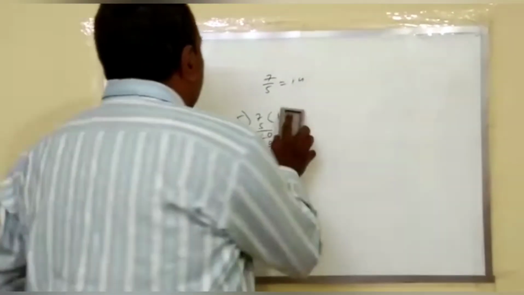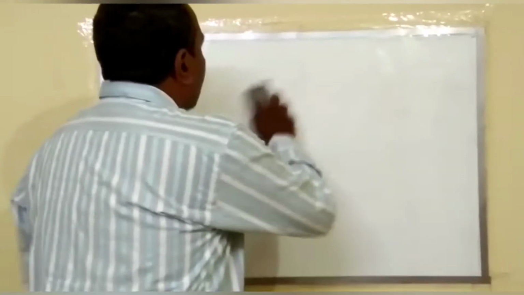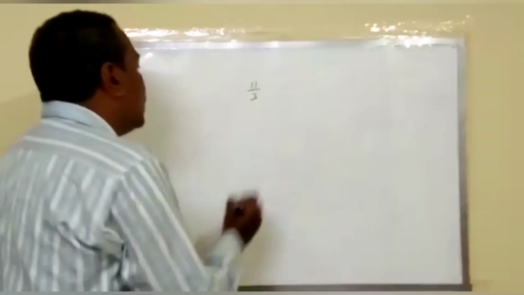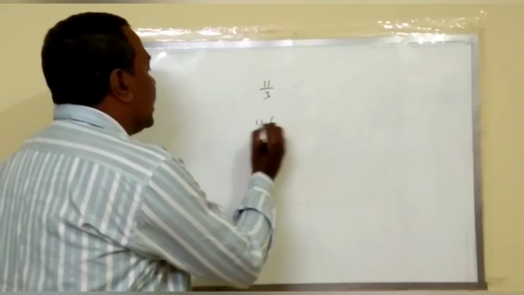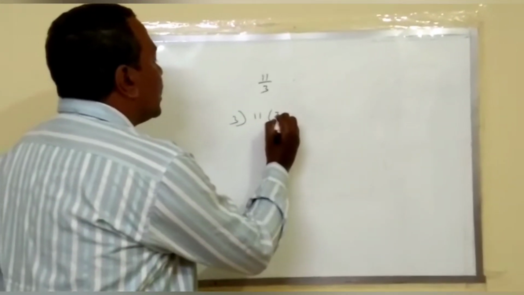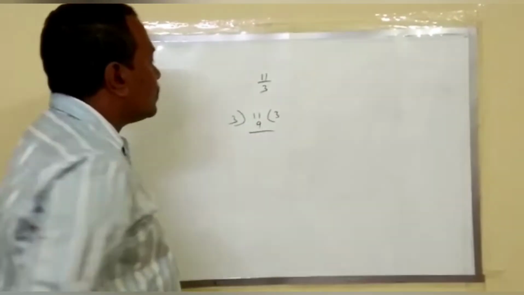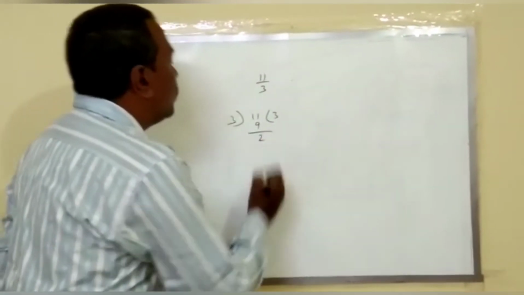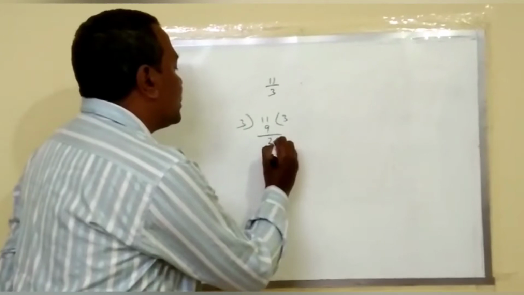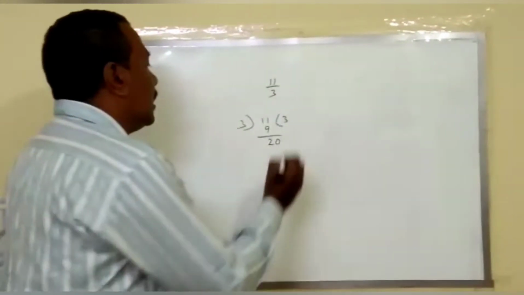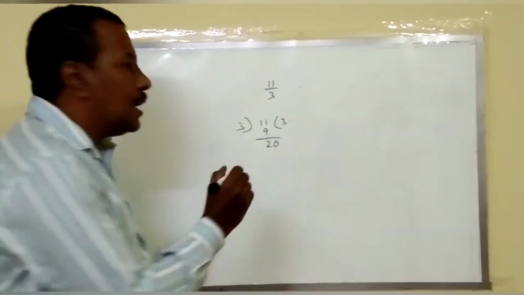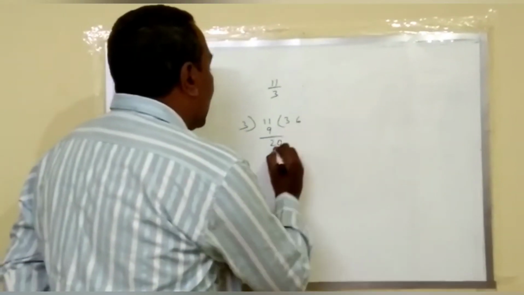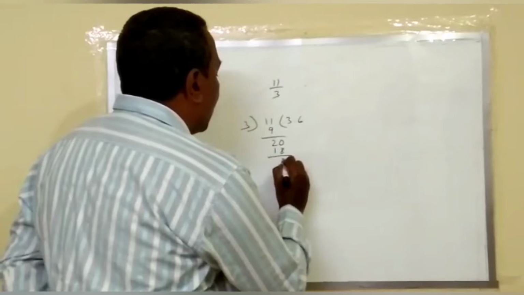So this is called terminating decimals. Non-terminating repeating decimals. You take 11 by 3. Here 11 is divided by 3. 3 3s are 9. 11 minus 9 is equal to 2. Keep a decimal point and keep a 0 here. Again, what is the nearest multiple of 20 in the 3 table? 18. 3 6s are 18. And the remainder is 2.